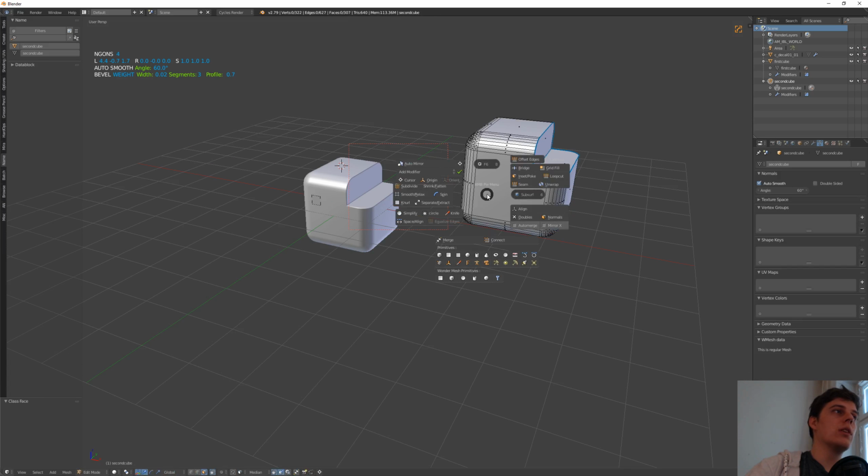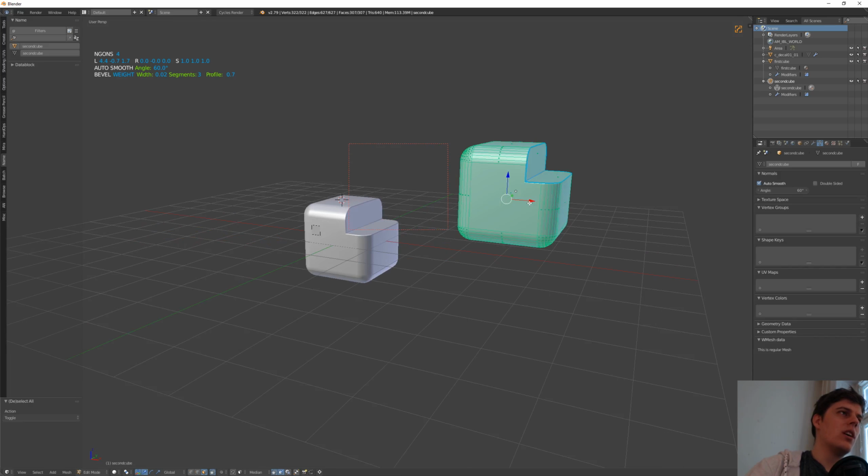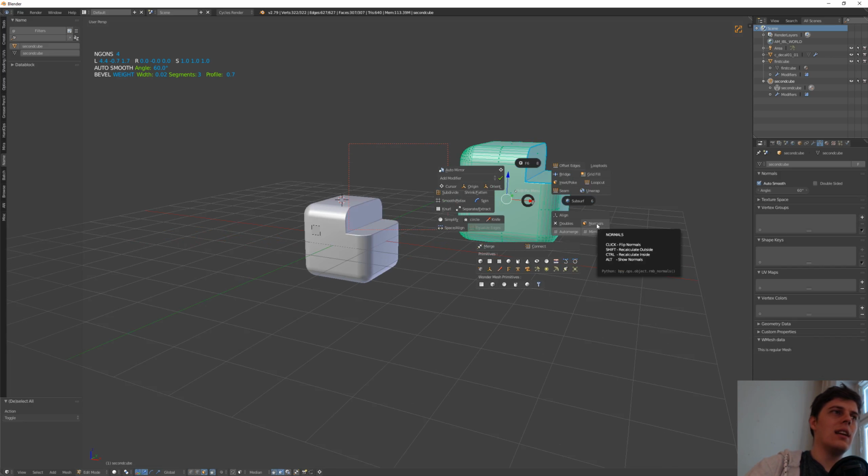If you go into edit mode, it changes contextually. And then it has a bunch of, let's say for example, normals. If you hover over it, you see that if you just click, it flips the normals, shift click, it recalculates, control click,